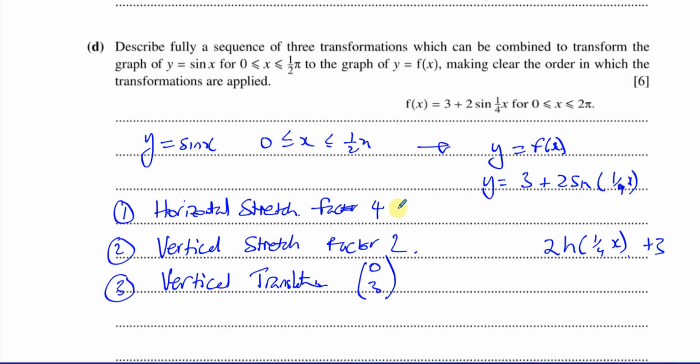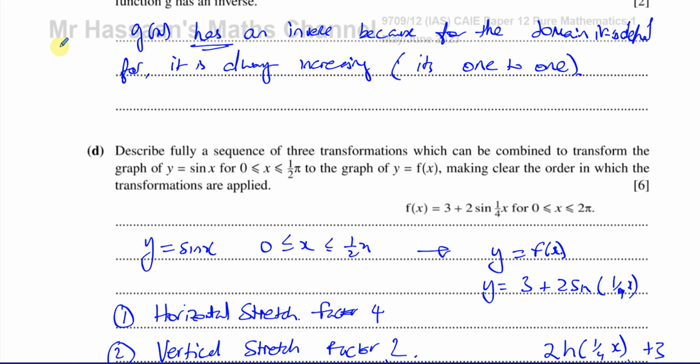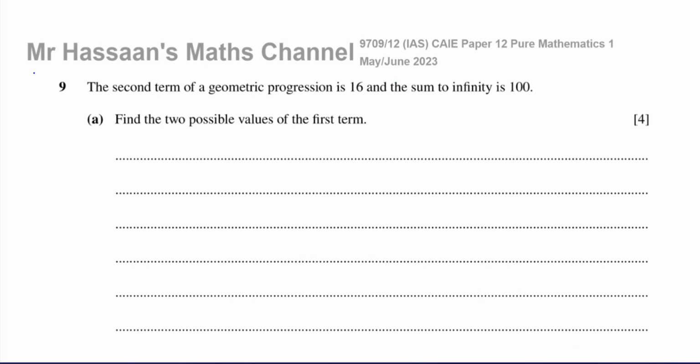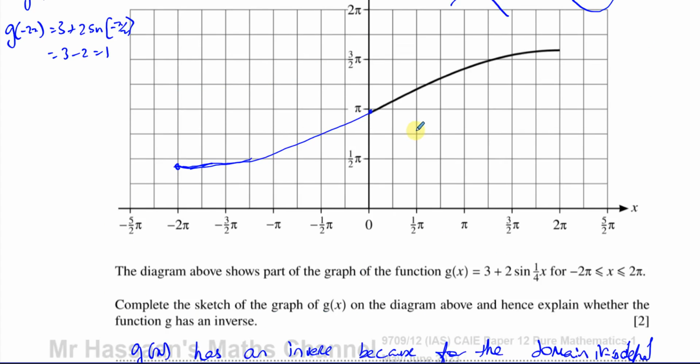So that's describing those fully: horizontal stretch factor 4, vertical stretch factor 2, vertical translation with vector 0, 3. There is 1 mark for the description of the transformation, and 1 mark for the detail, in terms of the stretch factor and the vector that describes the translation. That's part D done, and that's the end of the question. So that concludes question number 8 from this paper